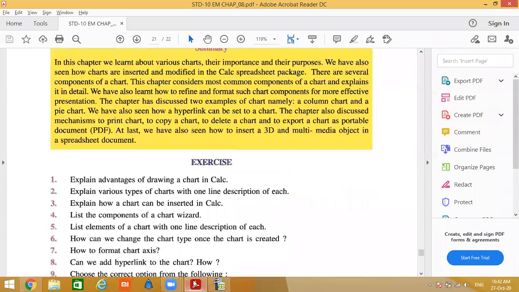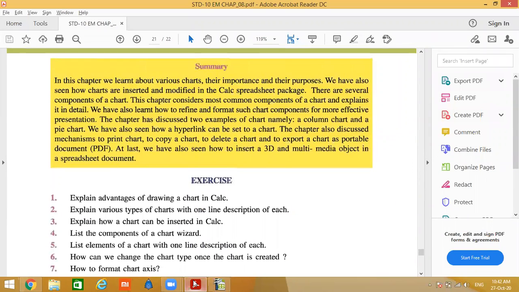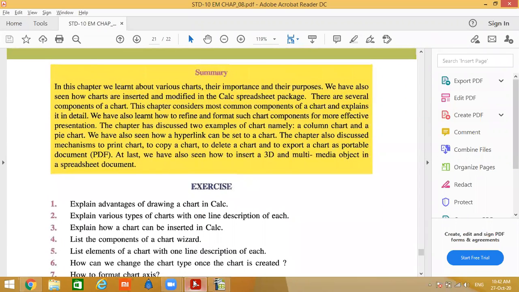How to make our document attractive. Here I want to conclude this session. In this chapter we learned about various charts, their